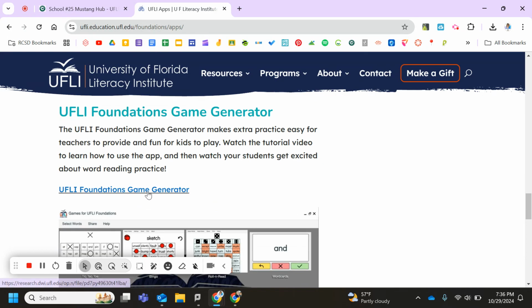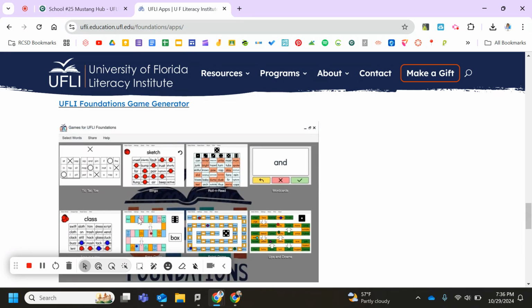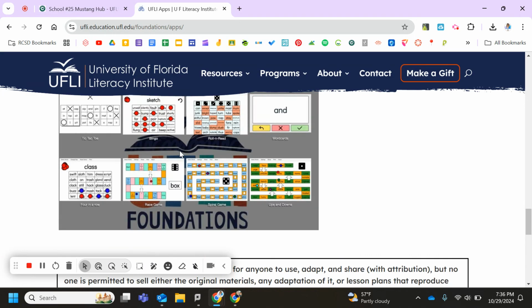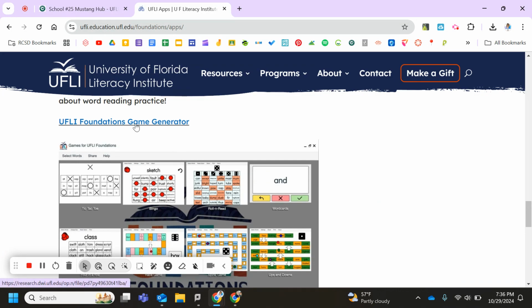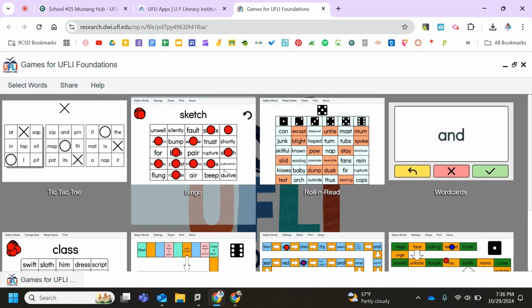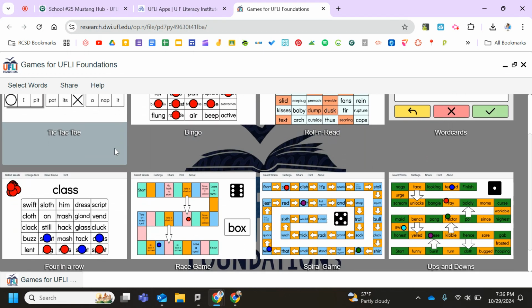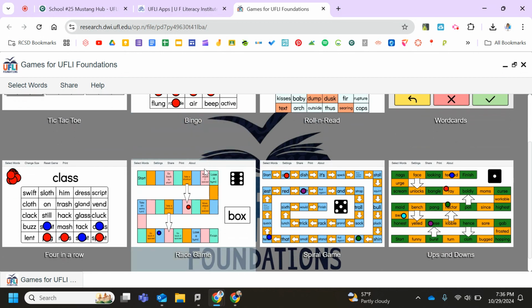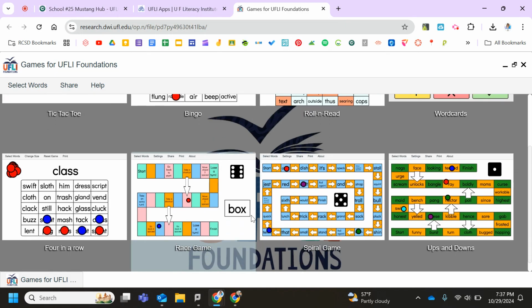The next thing is the game generator. This came to be last year, and when I started using it with my students, they really loved using these games. I would use them on Fridays to kind of end our week. There's a variety of games that you can play. We did a few different ways that we played some of these games. Sometimes I would do boys versus girls. Sometimes, if my group was smaller, I'd play these like game boards, and each student would be able to have a